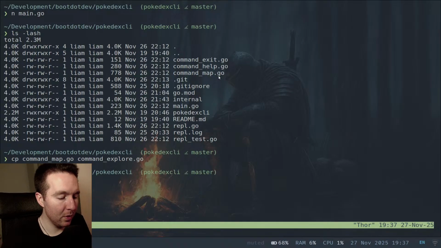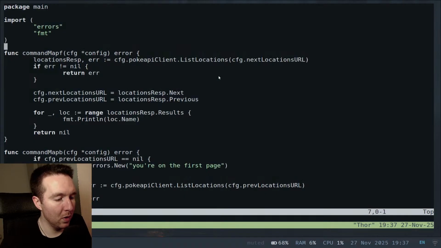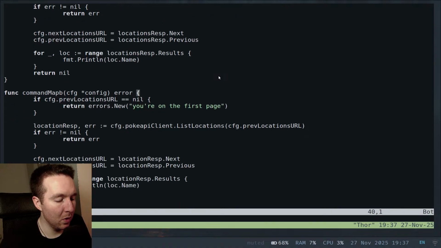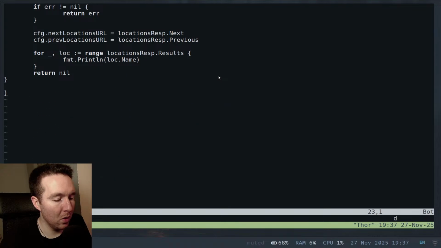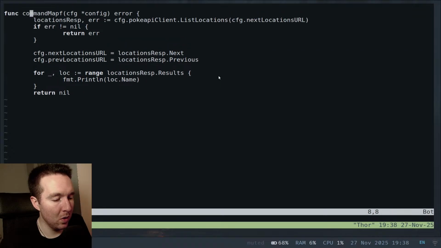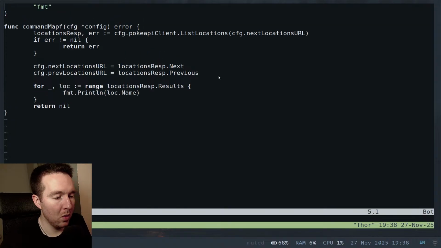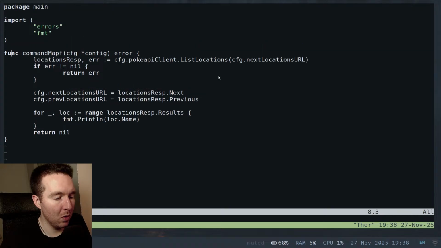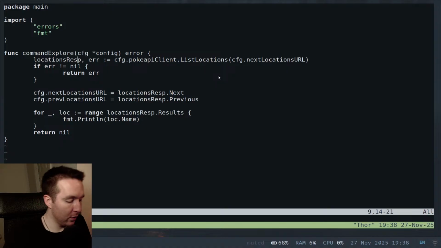And then explore and list locations. So this one's going to be